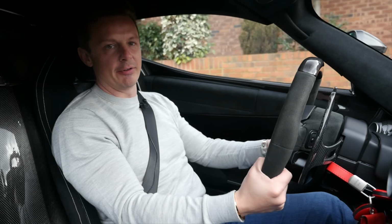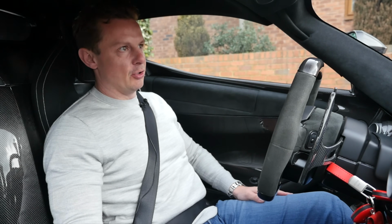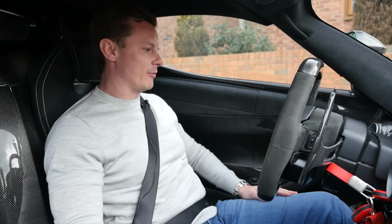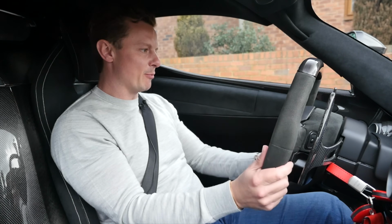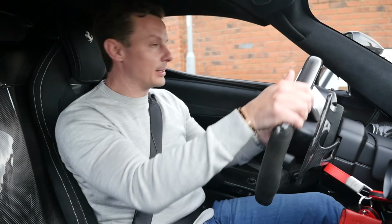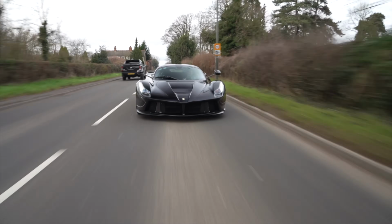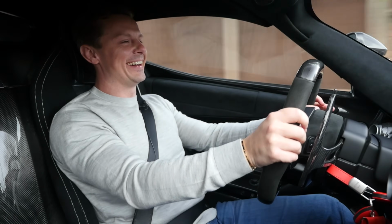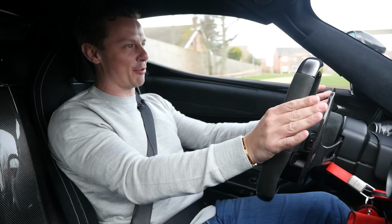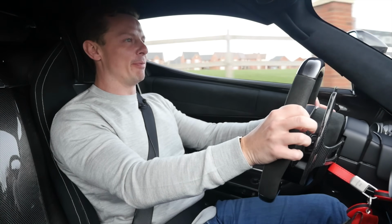You see, that's what's different with this car than the other three. I'm obviously used to driving Ferraris, so it's no different visually to a 458 or, you know, any Ferrari from that era. Steering wheel's slightly different shape, more of a square shape, but you know where everything is. Listen to that noise. Oh, that noise. See, that's what you don't get in the other three. The other three is a lot of whooshes and, you know, turbo spooling and stuff, but this is just...